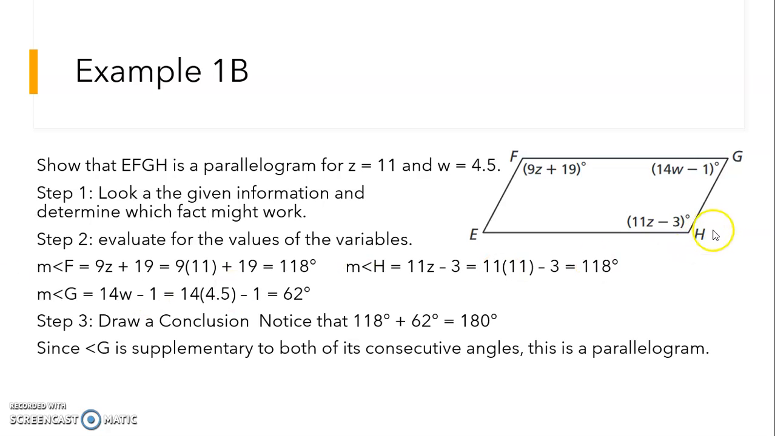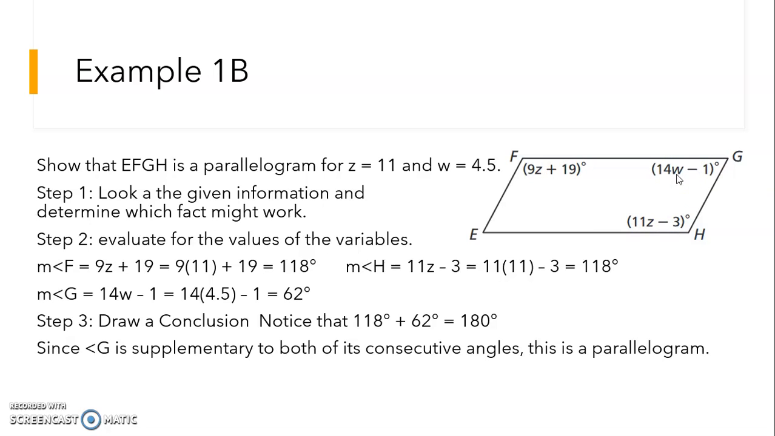So I noticed that they only gave me 3 angles. They didn't tell me about angle E. So I'm thinking that the fact that will work is angle G could be supplementary to both angle H and angle F, because that's the fact that's about 3 angles and not about 4 angles. So I'm going to start off by putting in 11 for z in both of these expressions and 4.5 for